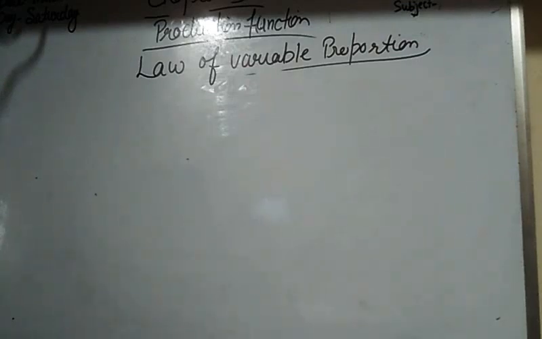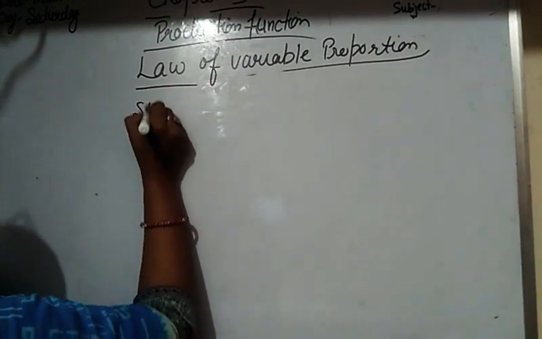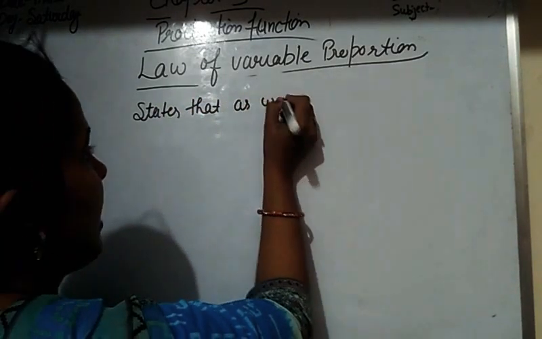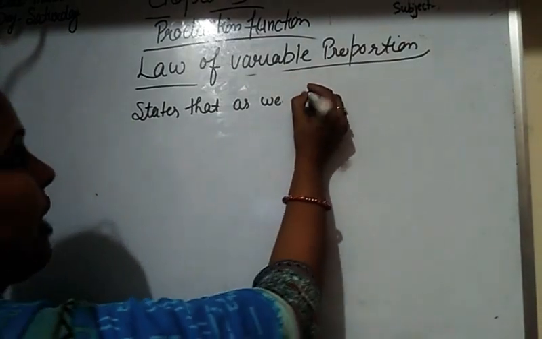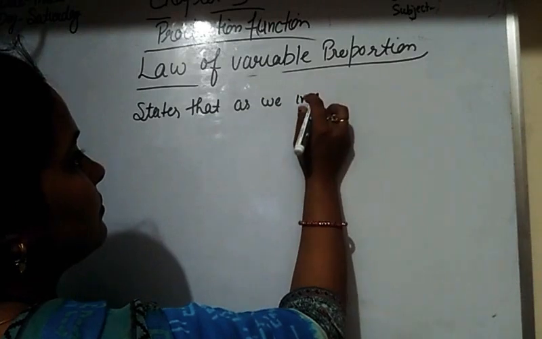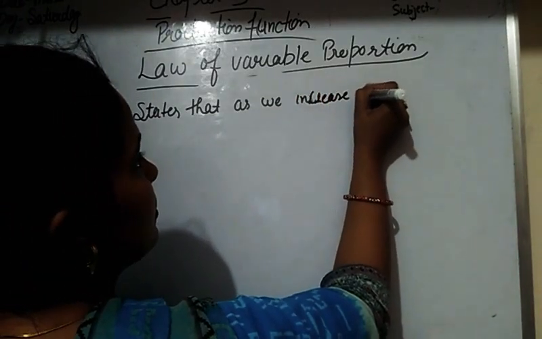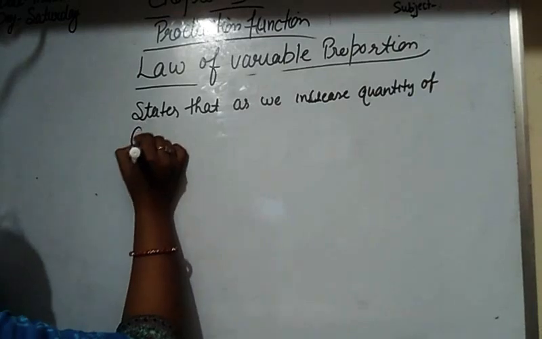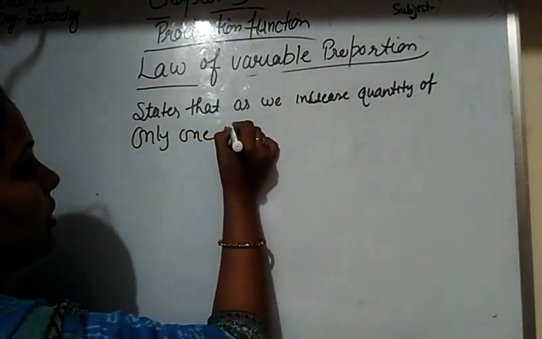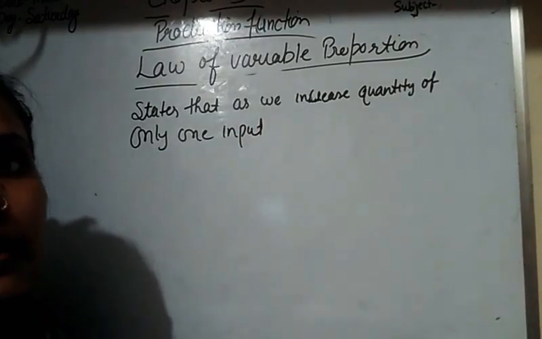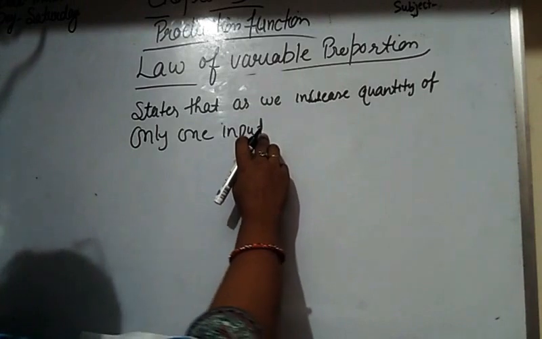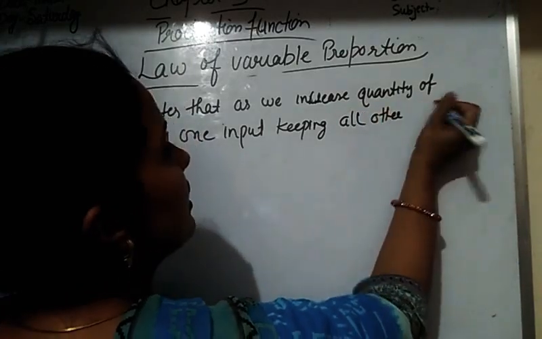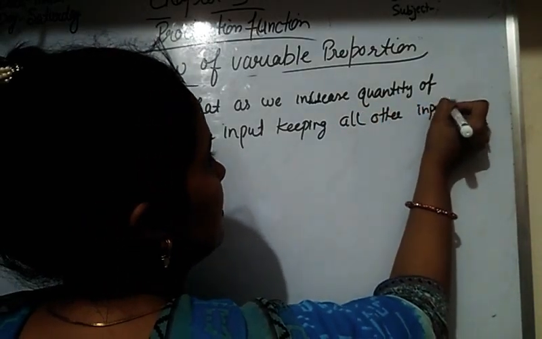The law of variable proportion states that as we increase the quantity of only one input, which means the factor of production which is variable, keeping all other inputs constant,